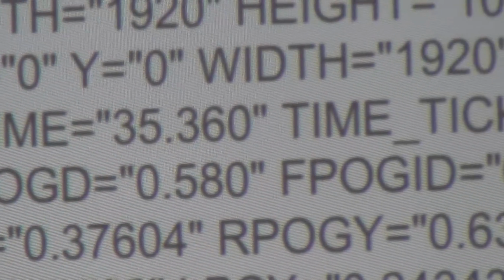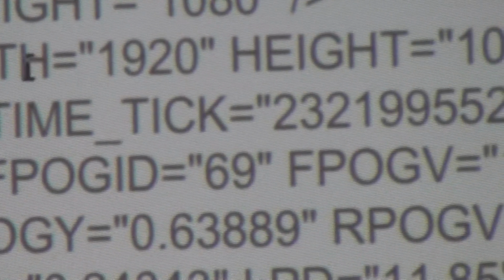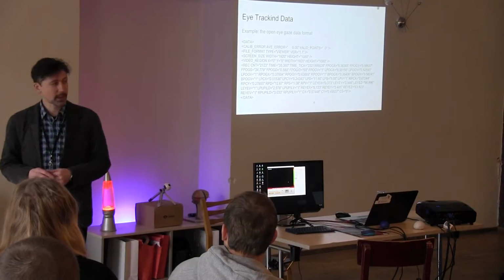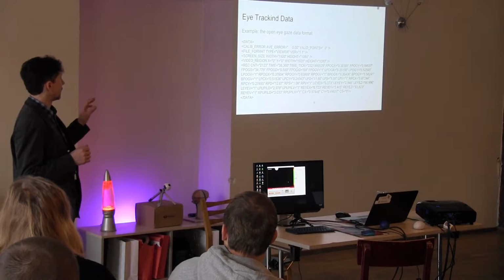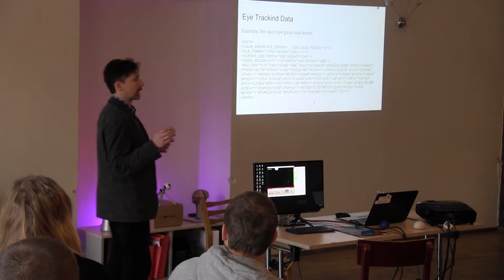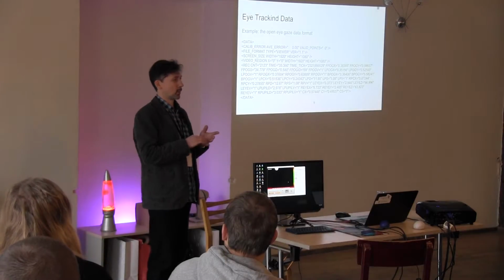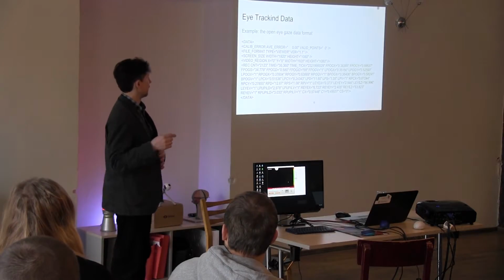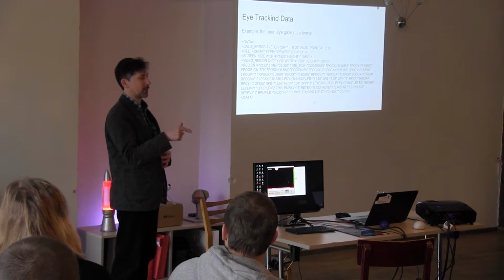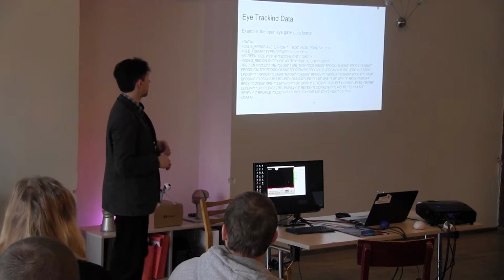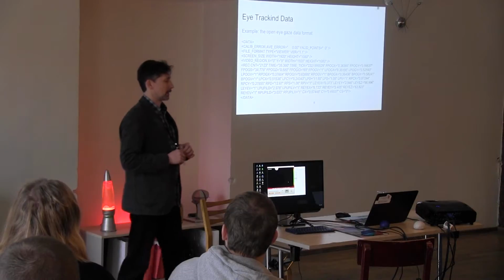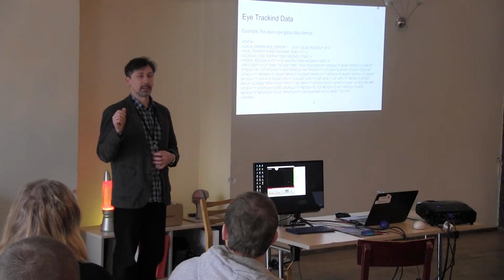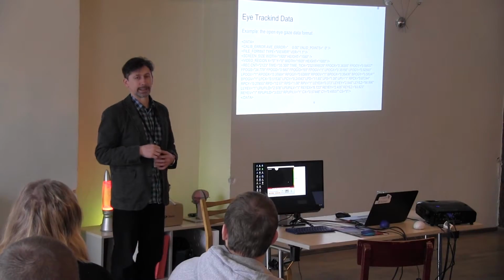And the third is also sort of time. It's called time tick, and it is system time. If you have the system time recorded in the data package, you can easily synchronize all your measurements in the same computer, because the system time or the Windows time tick is the same for all the applications that run at the same time. And the time tick actually enables 1 millisecond precision of synchronization. And that's probably enough for all kinds of psychological experiments.